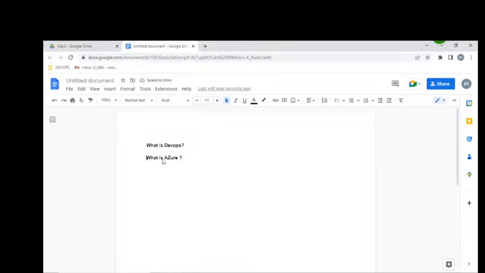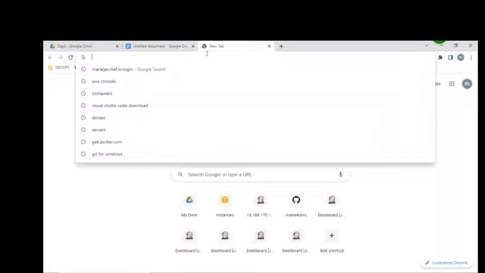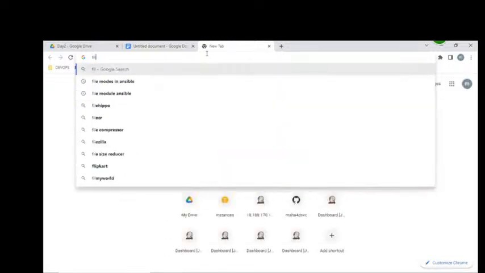Before starting the session, I'm going to ask you one question. Please answer me: what is an application? Application is equal to a website, like Redbus, like Flipkart, like Hotstar, any kind of website.